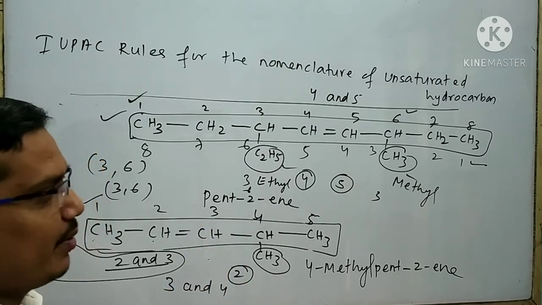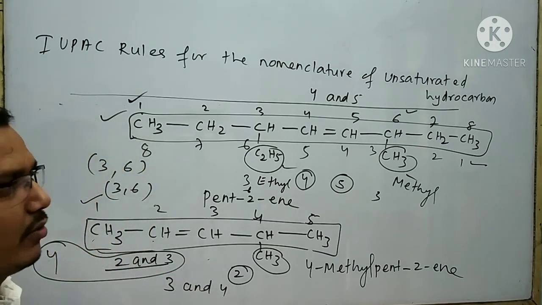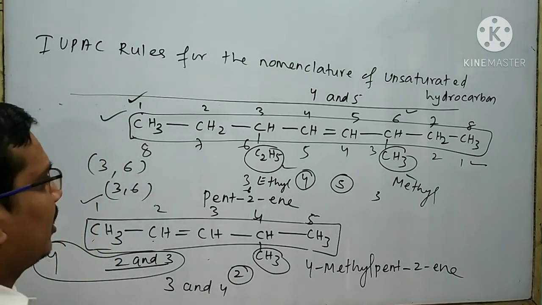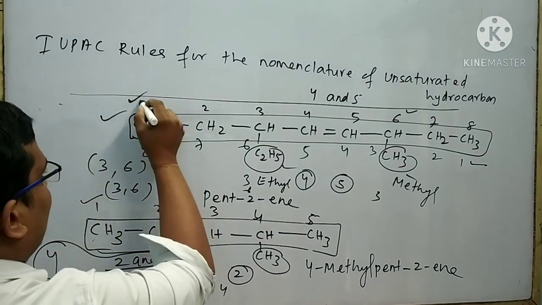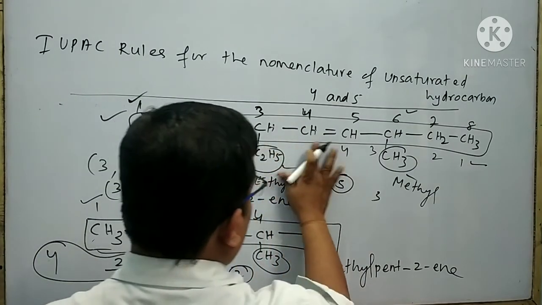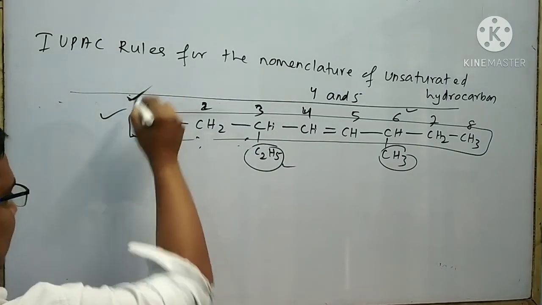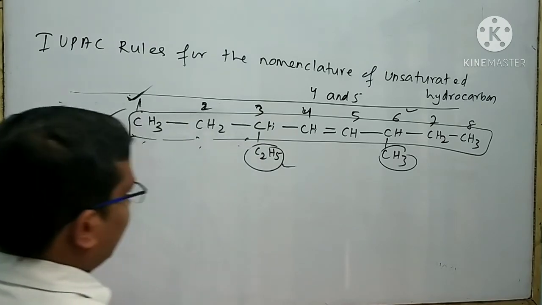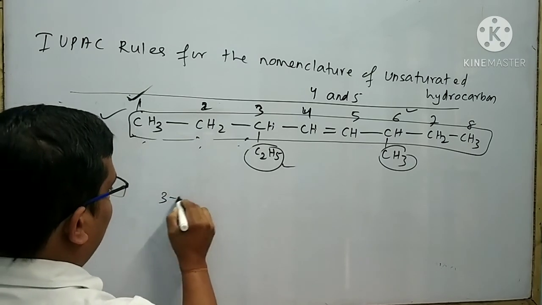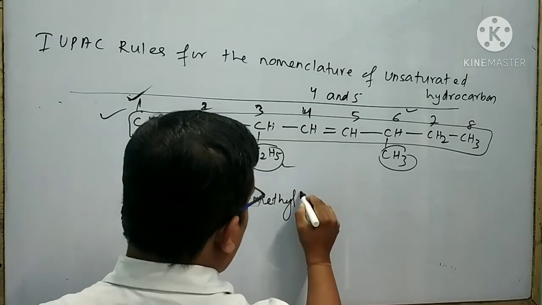If the substituents have the same position, then give the priority to the substituent which comes first in the alphabetical order. By following all the rules, it is seen that this is the correct numbering for the nomenclature of this organic compound. This is the wrong numbering. By following this numbering system, we can write the name of this compound. The name of this compound is 3-ethyl 6-methyl